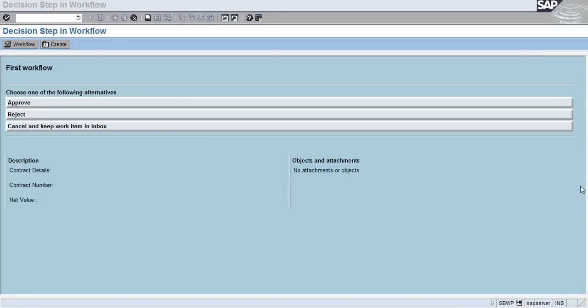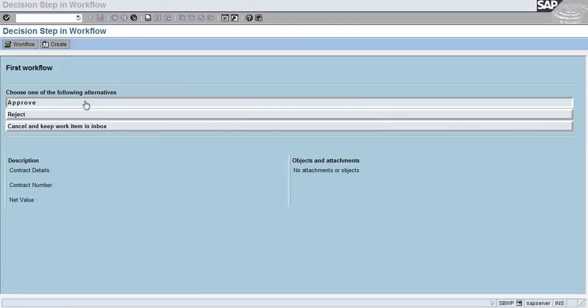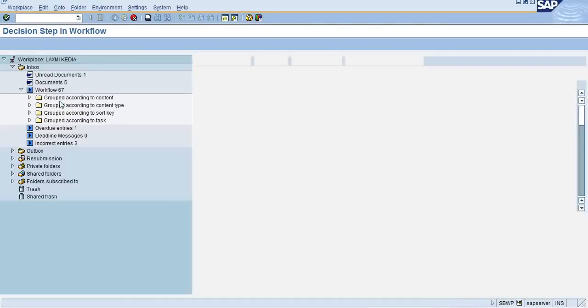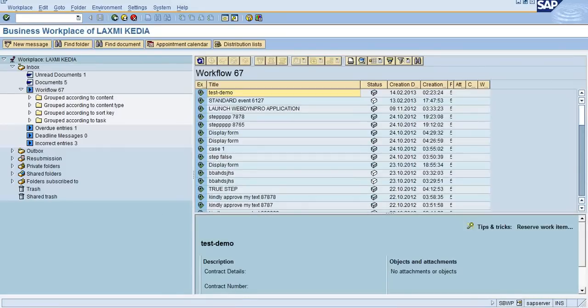What will be done, like what I have defined in the system? If I click on this approve, any guesses? Since in the system I have defined to send one mail once this approve is selected, that particular mail step will be executed. So once you click on this approve,